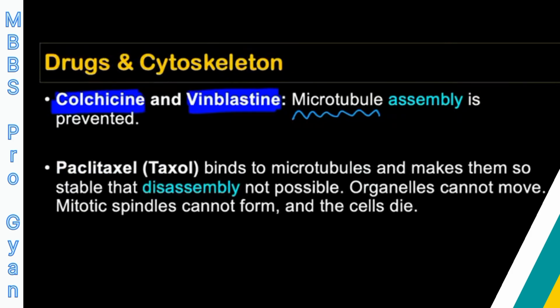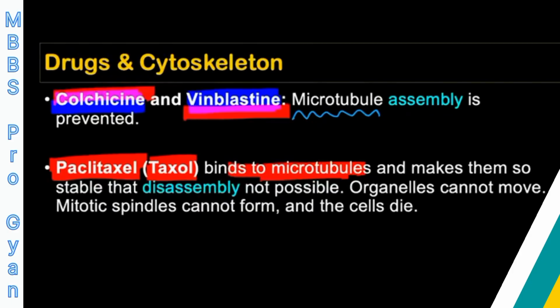Similarly, if you look at another anti-cancer drug, that is paclitaxel, or commonly known as Taxol group of drugs, it also binds to microtubule and makes the microtubule so rigid that the disassembly of microtubule is not possible. Getting my point? So this colchicine and the vinblastine, they are preventing the assembly of the microtubule. And this paclitaxel, they attach to microtubule and makes the microtubule so hard that disassembly of the microtubule